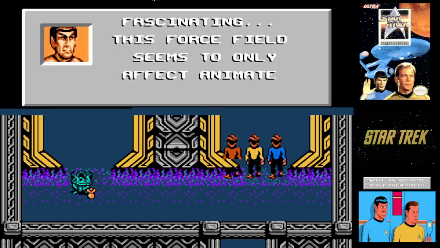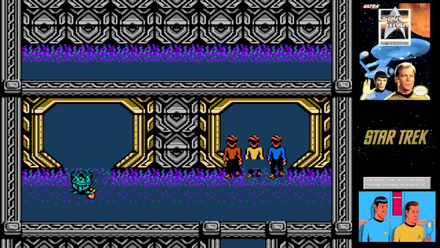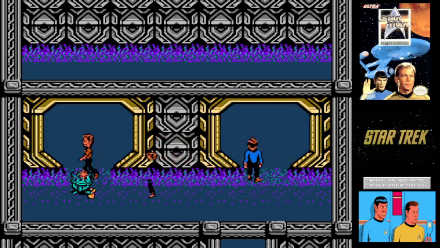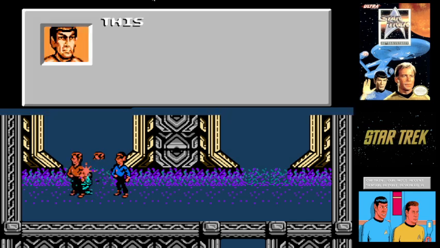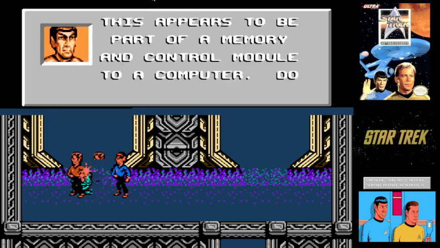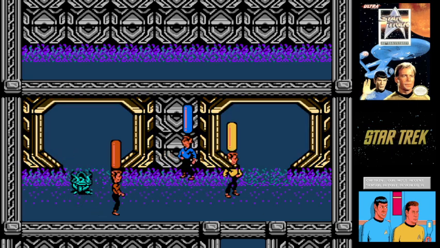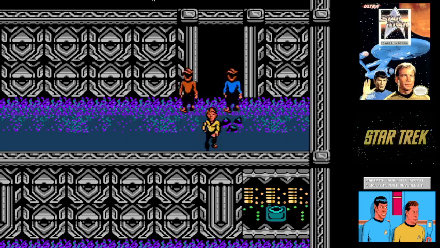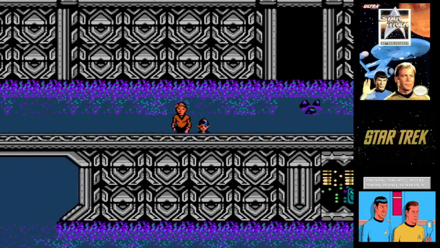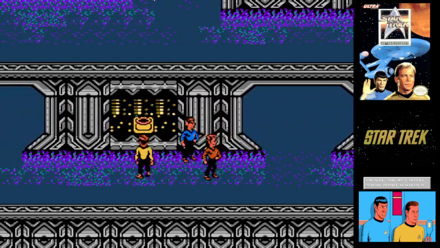Fascinating, this force field seems to only affect animate objects. It has no effect on inanimate objects. So, this appears to be part of a memory and control module to a computer. Always take the device. We have lost a little health, and we didn't bring Dr. McCoy, so we don't want to take too much damage. And with the yellow,